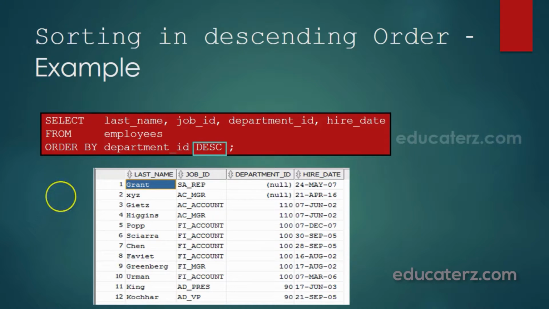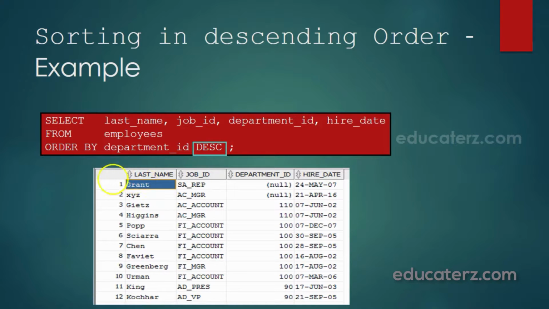So I write a query: SELECT last_name, job_id, department_id, hire_date FROM employees ORDER BY department_id DESC. DESC is the abbreviation for descending. I highlighted it here in the blue box. Then the result set is sorted according to the department ID in descending order.